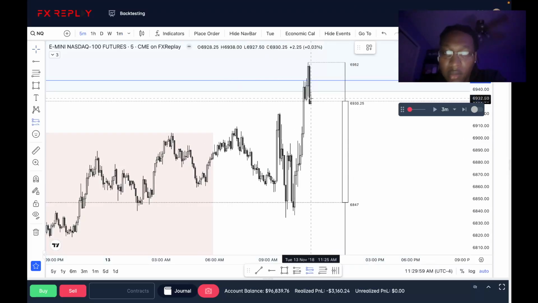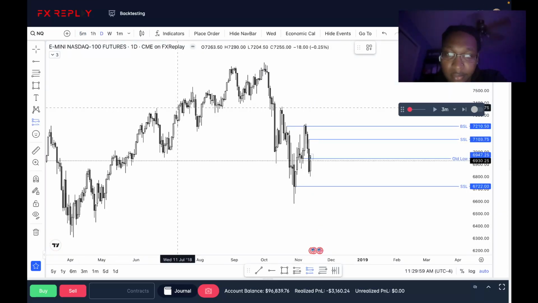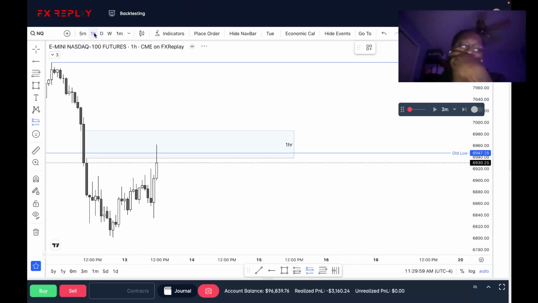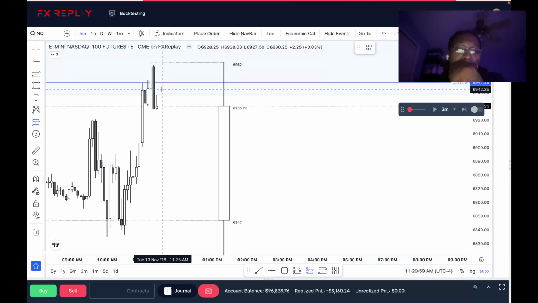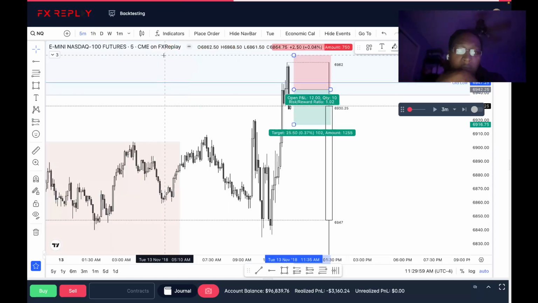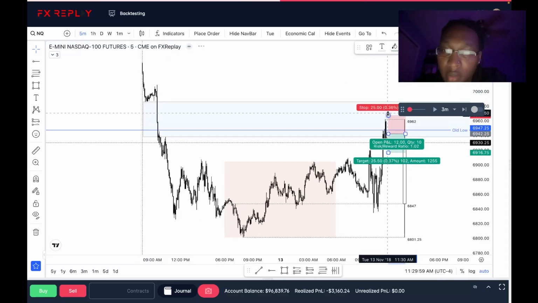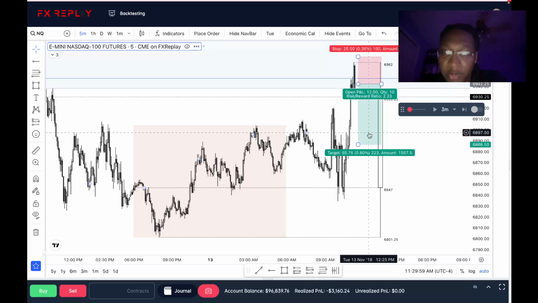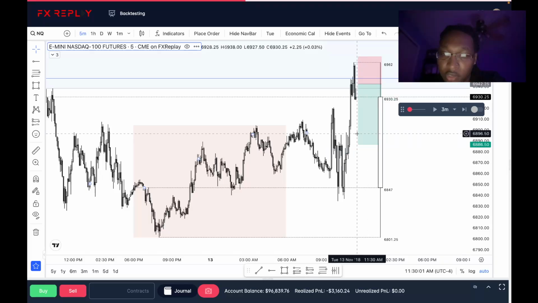I mean, it's just like fuck. Worst that could happen, we lose. I'll go 25 points and I'll just look for some lows. So I'll go 1 to 2 around there. And as price drops off, then I'll adjust. But looks like we're gonna take this trade at 11:30, so I'm not gonna take it at all. I'm not gonna take it.